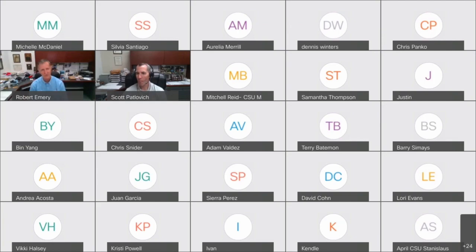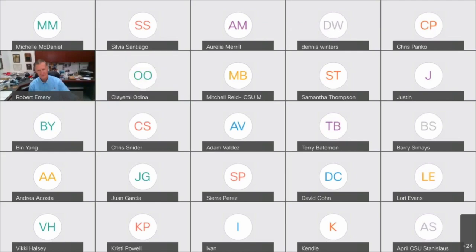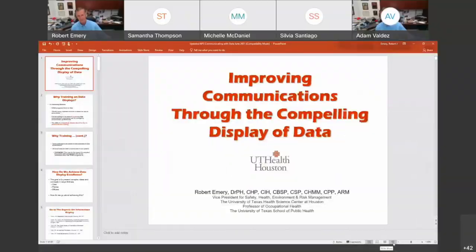What I'm going to show you in this first presentation are some tricks of the trade having to do with data displays. It's going to be fully interactive as we go along, and you're going to have to use the chat feature to participate. So let me pull up this presentation, and it should be in full screen.